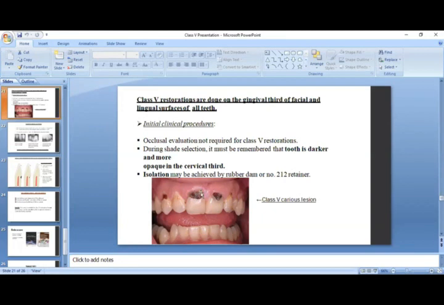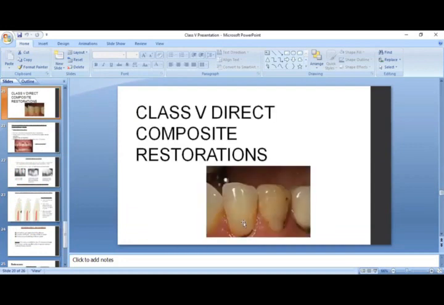So when we are selecting the shade of the composite or any colored material, it should be dark enough, because in that area the tooth structure is already dark. When the tooth structure is dark, it requires a dark restorative material. If we place a light shade of restoration, what is the result? The result is like that. You can easily see that the restorative material is present. This is a very good example of a tooth color restoration.